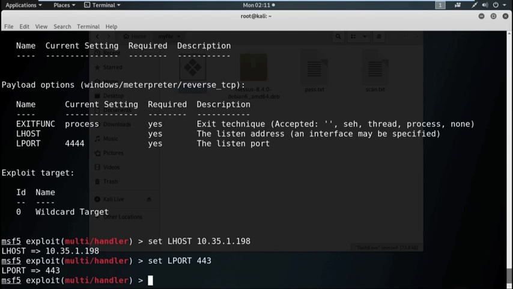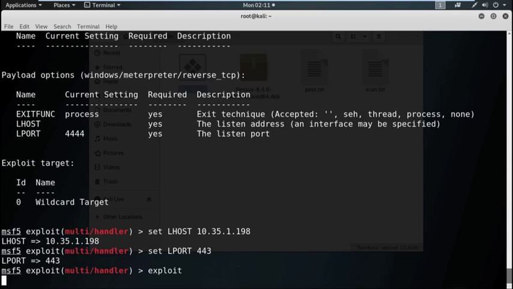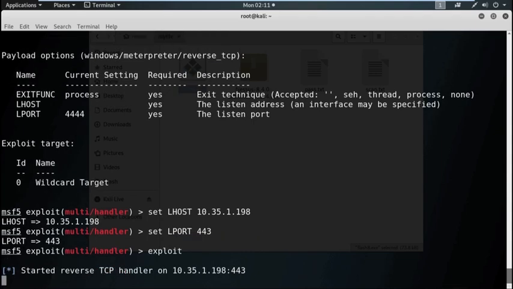Now, use the command exploit to open the handler, which can listen to the connection coming from the target machine. Exploit. So, now the reverse TCP handler is on in port 443.